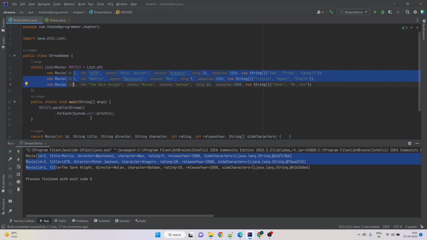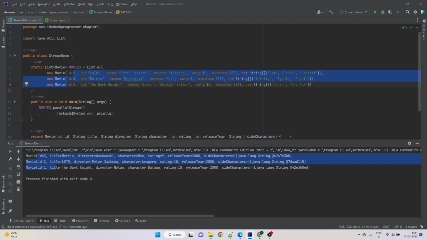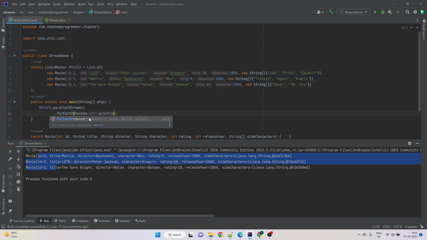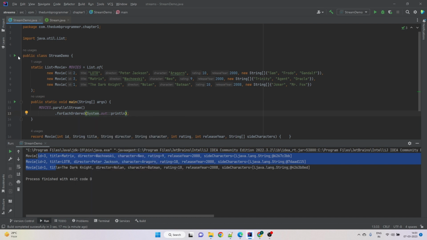So that is the problem with forEach. The problem is only if we want the order. If we don't want the order, then it's fine, especially with the parallel stream. But if we want the order to be maintained, then yes, forEach is a problem. To fix that, there is another method in the stream API, forEachOrdered, and as the name suggests, it guarantees the order. So now if we run the program,